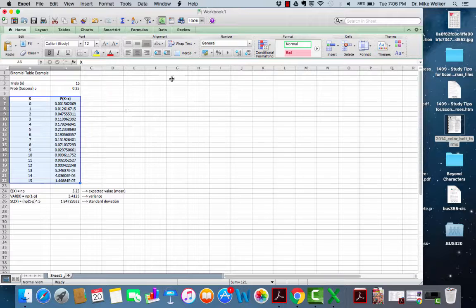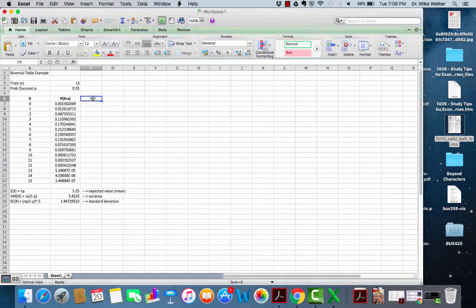No, wait, let me think. Instead of me stopping the recording, let's also do, just for the heck of it, the cumulative function so you can see how that would look. So that would be finding the probability that x is a certain number of successes or less than that number of successes. So this is a column title,